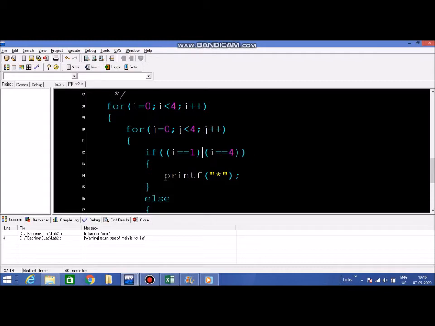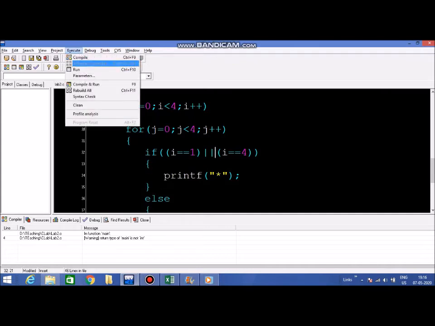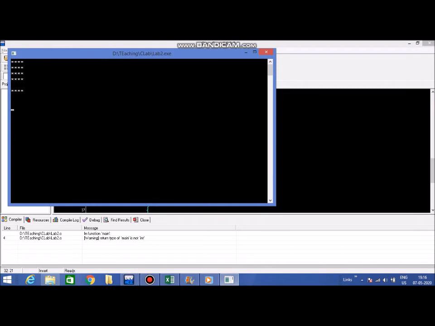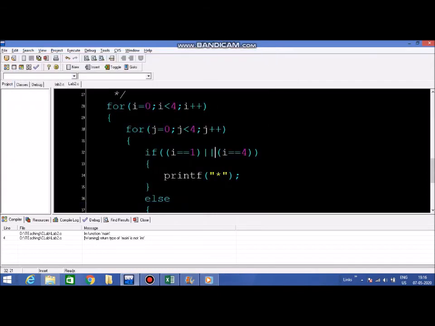But how do you say or in C programming? With the pipe symbol twice. It is found normally on top of the slash key. And if I run it, compile and run, you will see that it has printed only one line of stars. It has not printed when i is equal to 4. Now the reason is i is never 4.